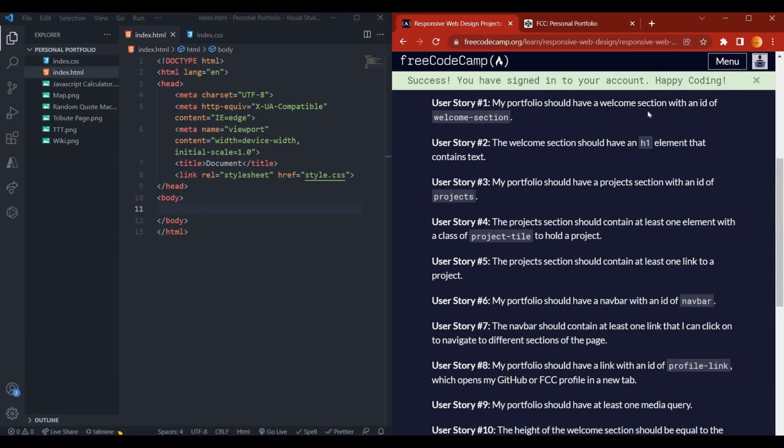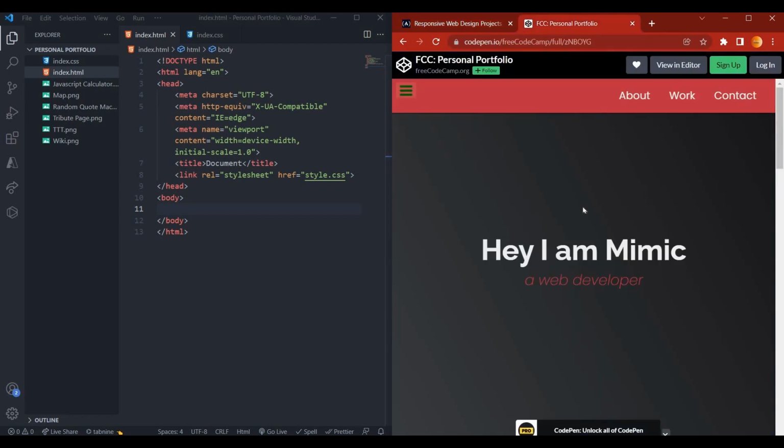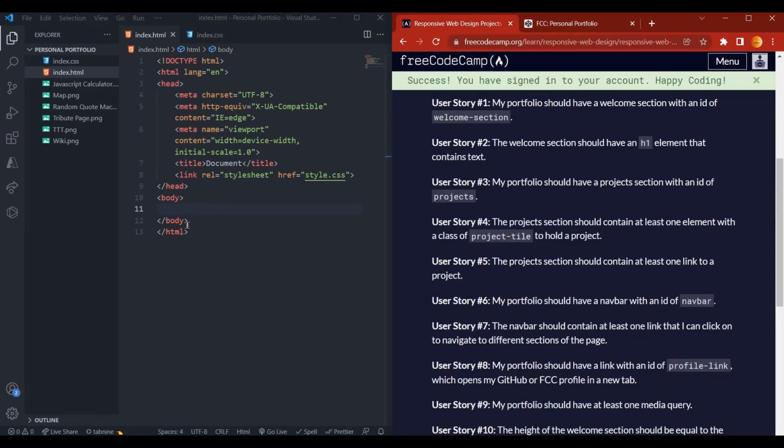So my portfolio should have a welcome section with an ID of welcome-section. So I'm assuming that's this right here. So this entire section will be the welcome section. I'll use a div to house all that section. So div